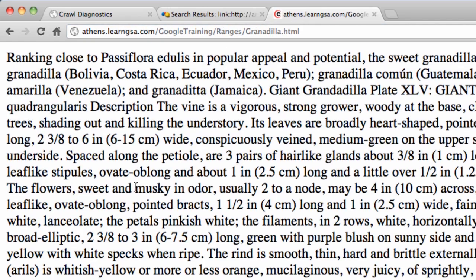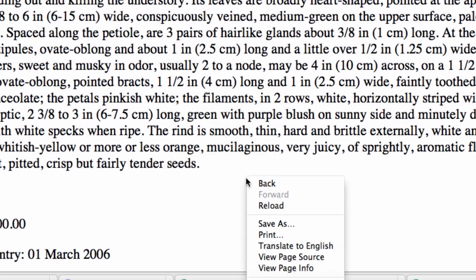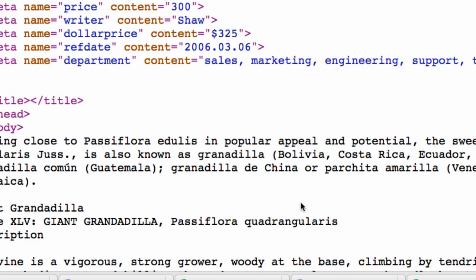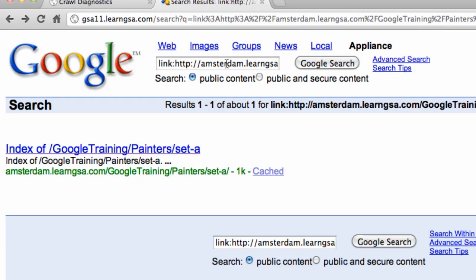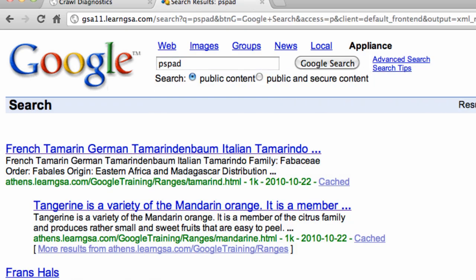Remember, we have some documents in the ranges directory with some embedded meta tags. We're going to search for generator with the value pspod and region tags, which are integer based. You can search for words or values in metadata fields just like you would for text in a document. In this case, we enter pspod, and any documents with pspod as a word in one of the meta